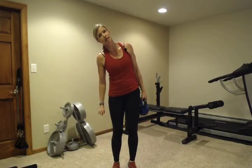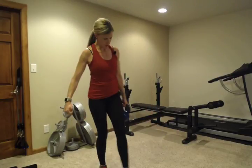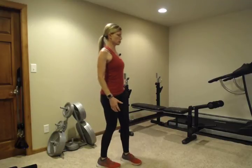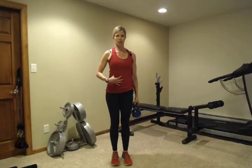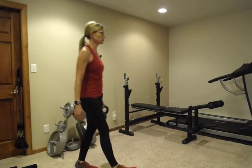Many times you'll find yourself kind of hiking it up like this and walking, and you want to be able to walk with good posture. So start with your shoulders back, your shoulders set, and walk with good posture, even though there's weight pulling you on one side. The weight wants to pull you this way, you have to hold it in place, making your core work really hard. So we just want to walk across the room